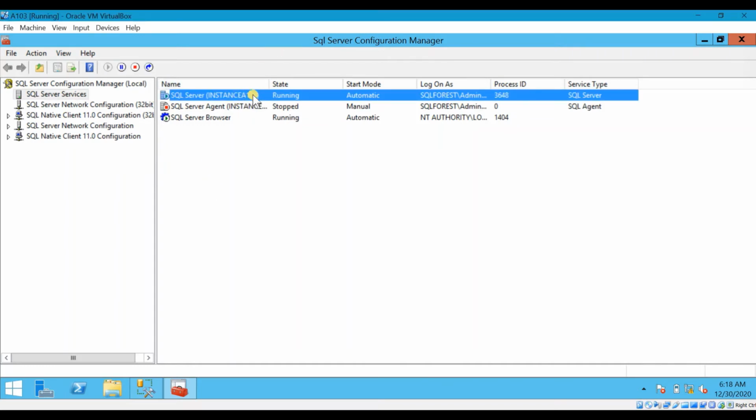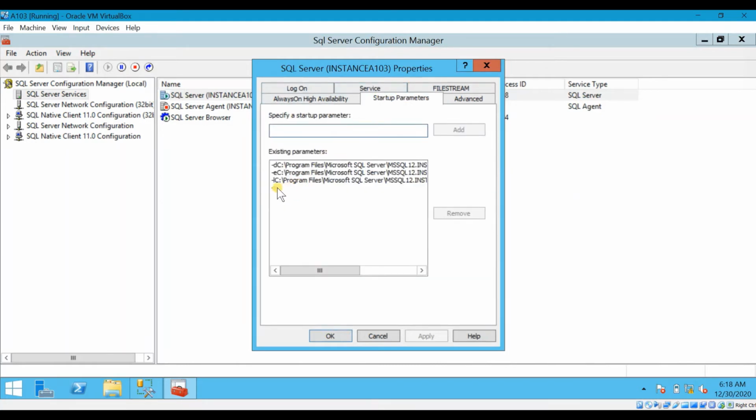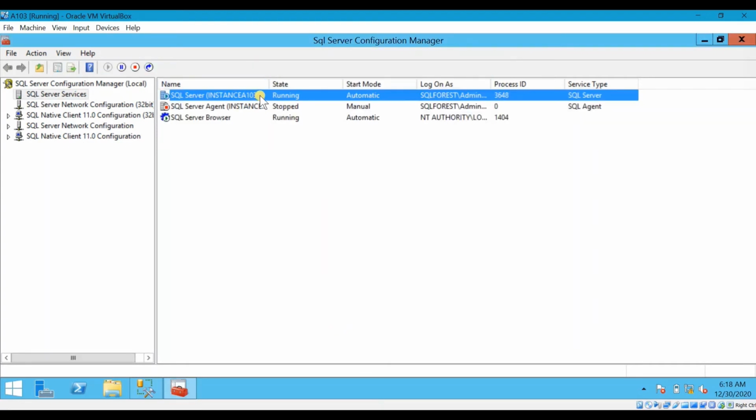To bring back the SQL Server to multi-user mode, just remove the single user mode. Similarly, go to the instance in SQL Server Configuration Manager, right click, Properties, Startup Parameters, and then select this -m and remove, and apply, and then restart the SQL Server.